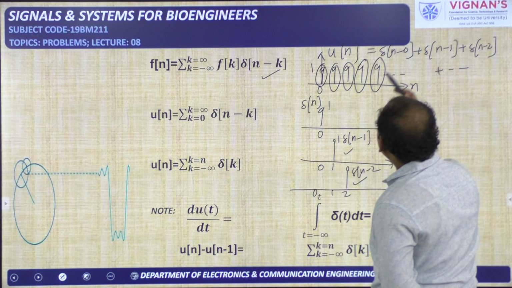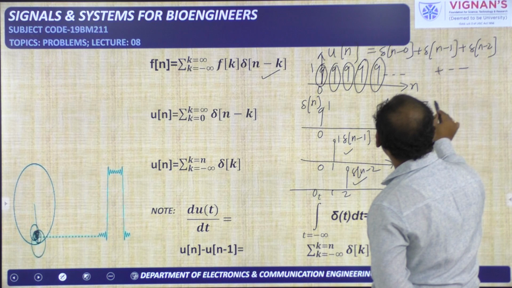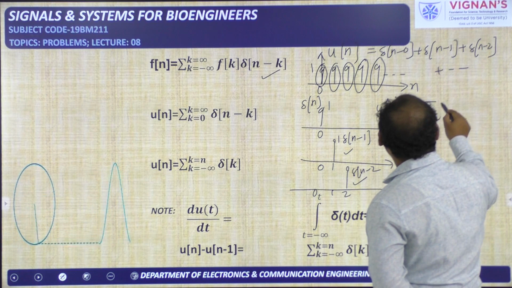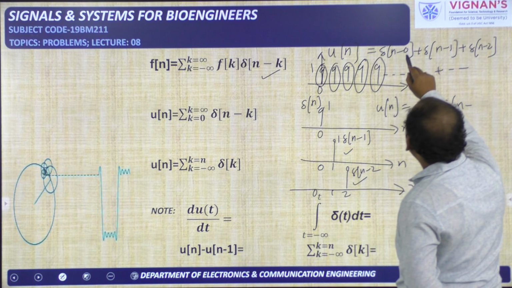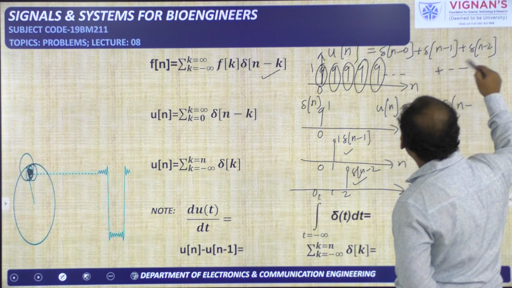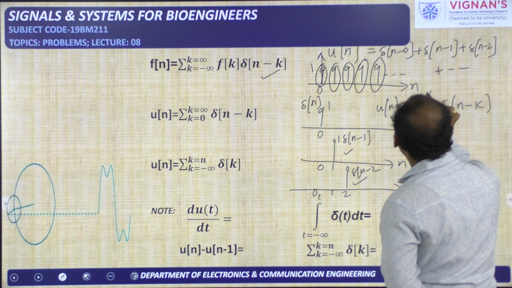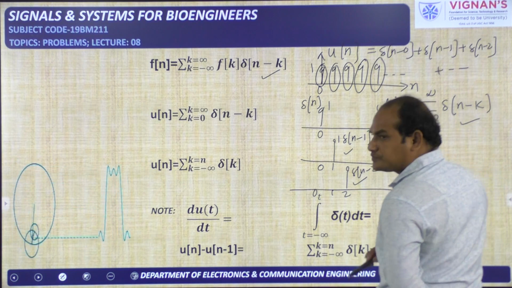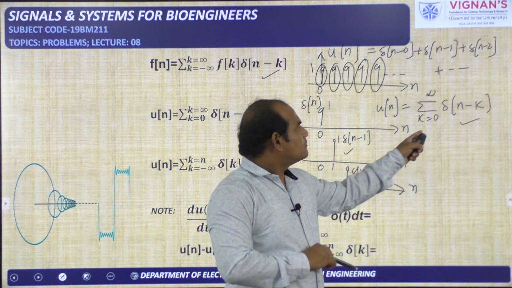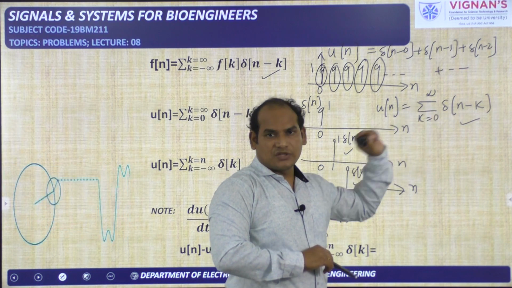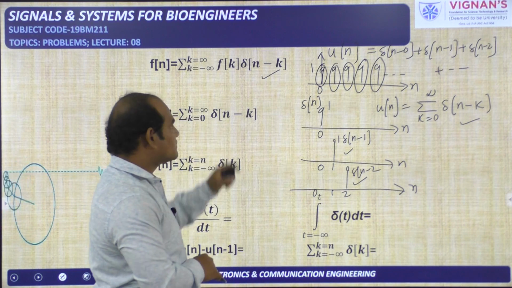Because it is the discrete domain, u of n is equal to this addition, so a discrete summation of del of n and all the terms del of n minus something. Here some value is changing, 0 to 1, 1 to 2, 2 to 3, 3 to 4 up to infinity. So I am taking that as variable k. So k is changing from 0 to infinity. So this entire equation I can write like this. So the discrete summation of shifted versions of the unit impulse signal will provide a unit step signal in the discrete domain. So that is this one, we have proved that.